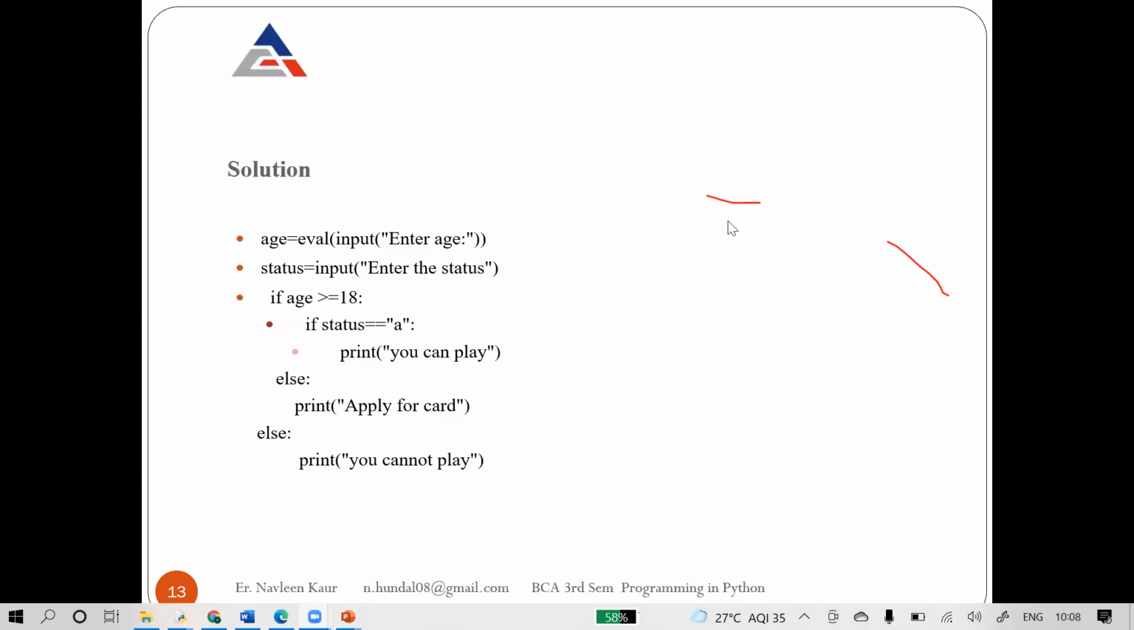So this time we need 2 things. We need age also, okay, and we need the status of the card also. And one more thing here: the age that you are entering is an integer, so you have to write eval. But if it's a status, status can be anything. You can write available, A, not available, right? So if you are entering status and you know that you will enter A and not A type of inputs, which is a string, there is no need to write eval, because by default input considers everything as a string,